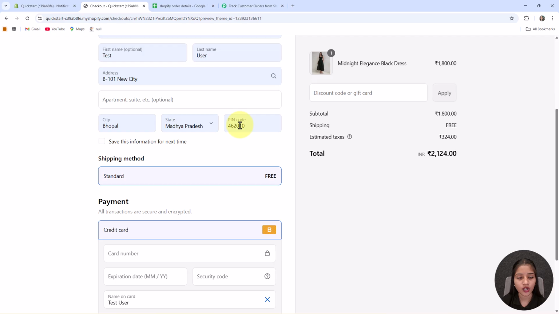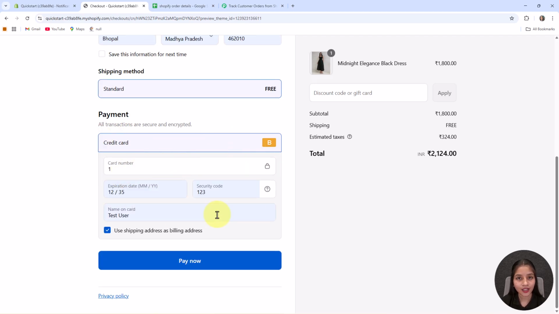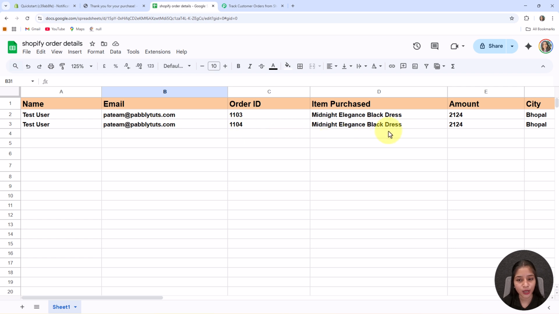Now moving forward, it will ask me to do the payment. Here I am doing the test payment by clicking on this pay now button. Here you can see the order is confirmed and also all the details will be added into my Google Sheet like this that I have shared while purchasing the dress. So if you want to do this amazing automation, then you have to follow step-by-step instructions that I am giving